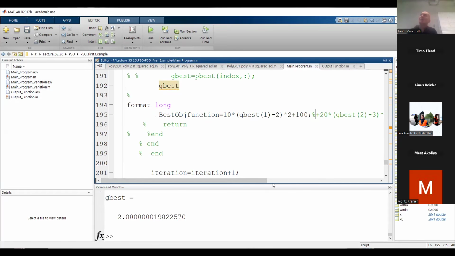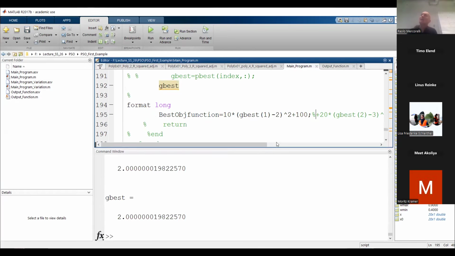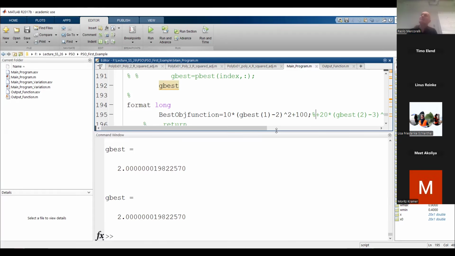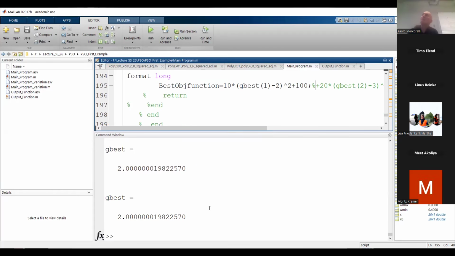This is the result. I put this semicolon, therefore I didn't visualize the results. You remember I told you at the beginning, this semicolon here means don't print this line, this result. Well, we can see the result around 2. We didn't improve